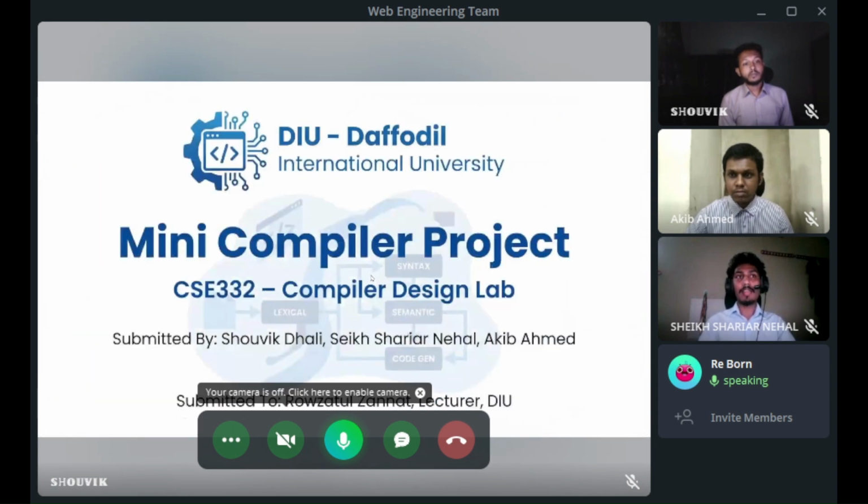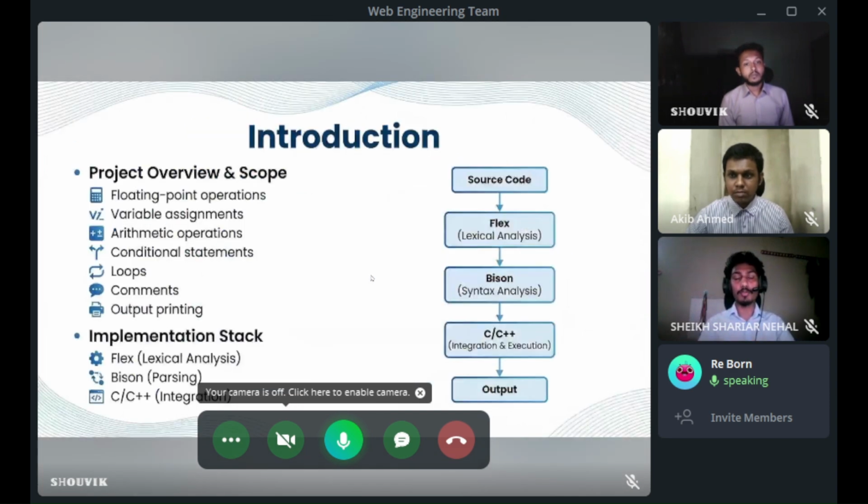Today we will be presenting our mini compiler project. First of all, I would like to start with the project introduction. This project is mainly focused on building a simple programming language. It supports floating point calculation, variable assignment, arithmetic operation, conditions, loops, comments, and output printing. For implementation, we use Flex for lexical analysis and Bison for syntax parsing, and C and C++ for integration and